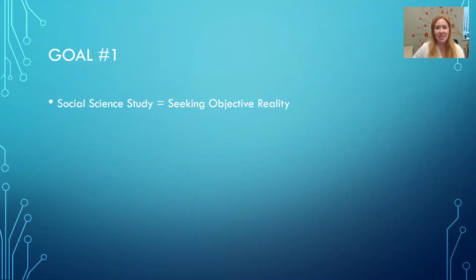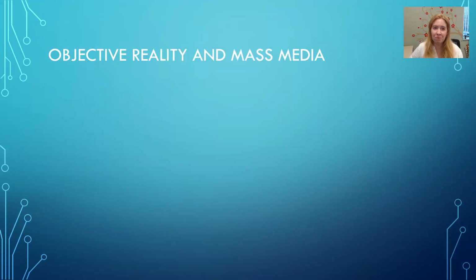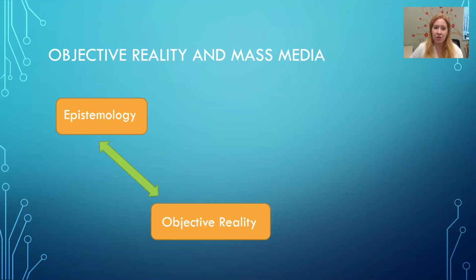So goal number one is that we are trying to figure out what is the objective reality. We have to also keep in mind, though, that we need to update this all the time. We get better and better at figuring out what the objective reality is. So we have to take new information, incorporate it into what we already know. And that's one of the best skills that you can have as a scholar, is to update your beliefs when presented with new information. So your epistemology, how you believe what is true or what is not true, affects what you think is the objective reality of the world that we are living in today.